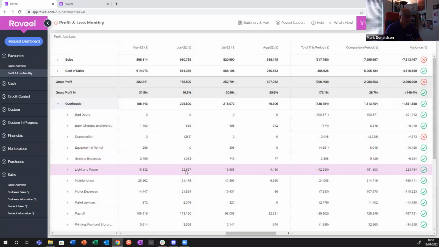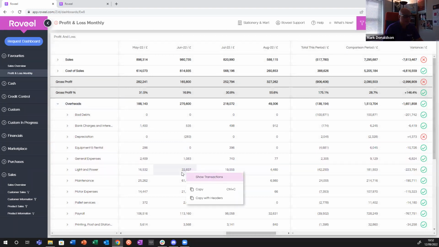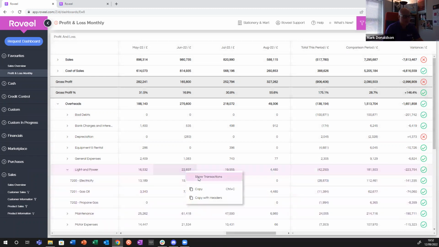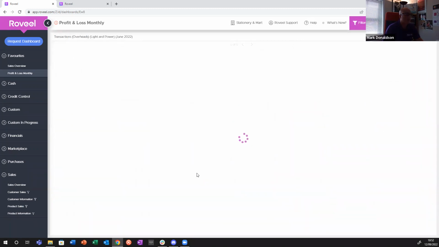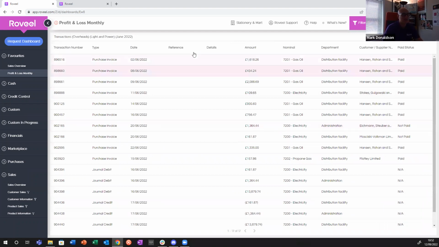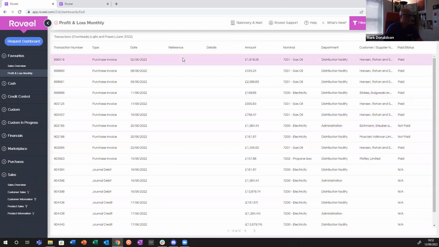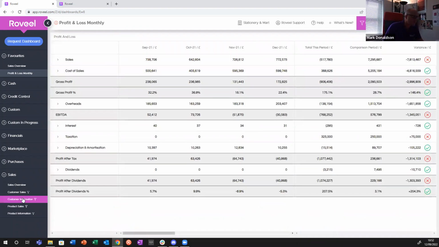But on here, you can also right click and drill into individual transactions. So you've got light and power, which is made up of a number of different codes. You can actually right click, drill in and see. That'll pull through all the transactions, shows you what's been paid, all that sort of stuff. So yeah, there's lots there. So as I said, there's sort of customer information, product analysis,